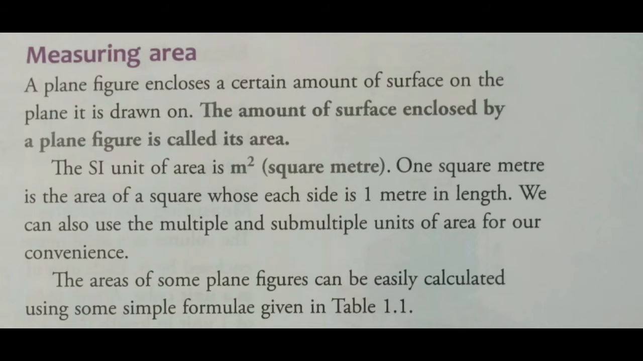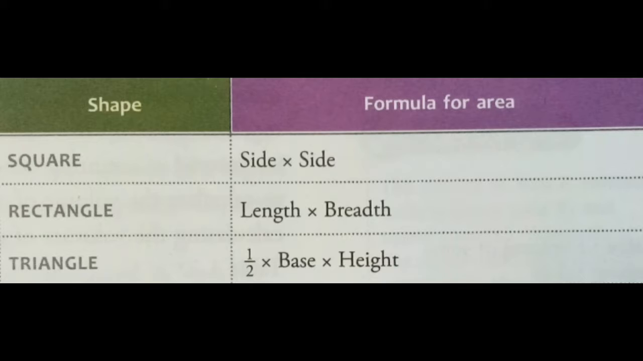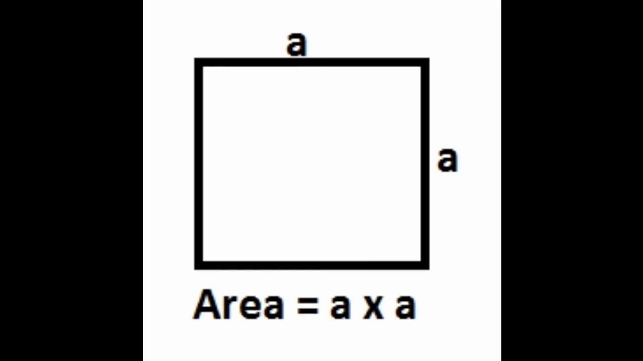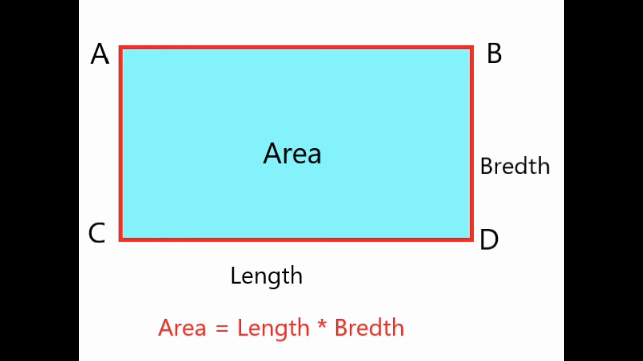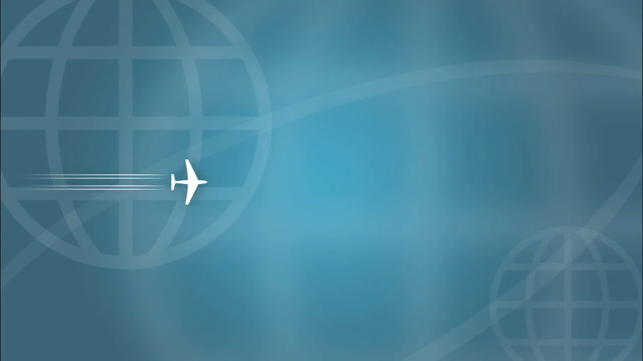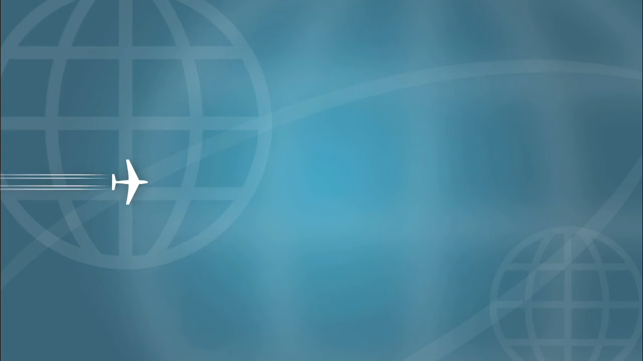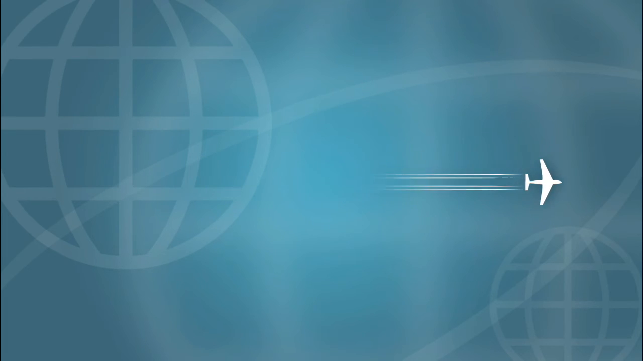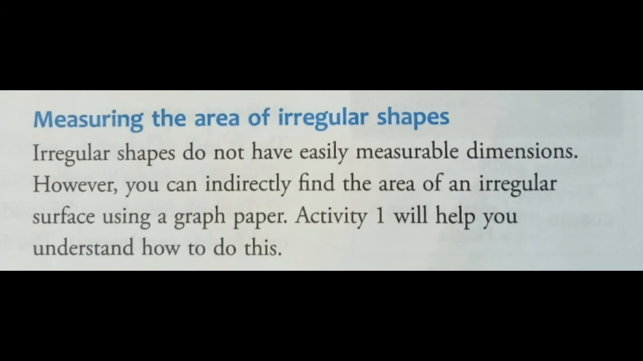Some plane figures can be easily calculated using formulas. For example, the area of a square is side into side, the area of a rectangle is length into breadth, and the area of a triangle is half into base into height. If we know the sizes of the sides, we can calculate the plane figure's area. Now, if we have to calculate the area of an irregular shape, then in the last class we